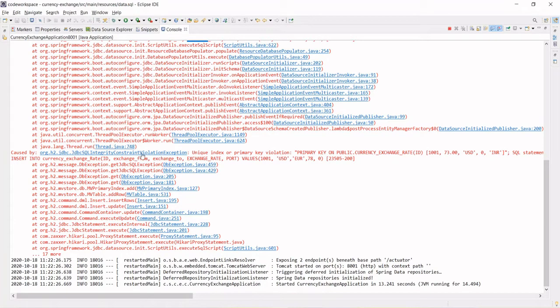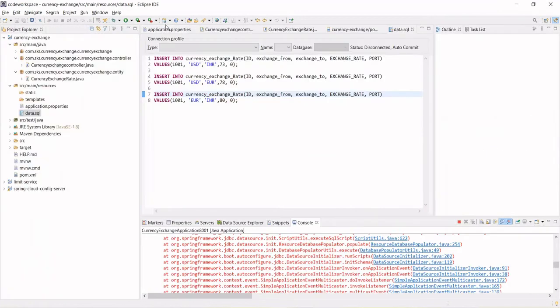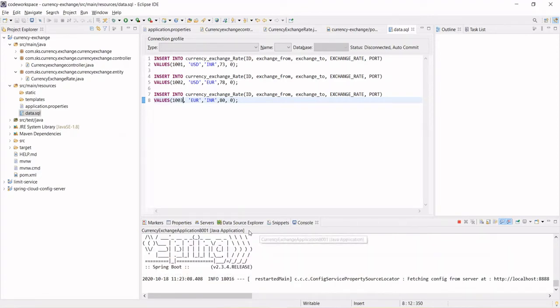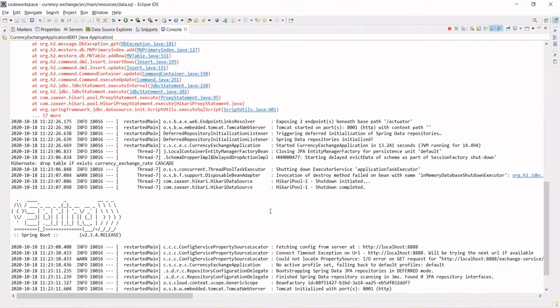Integrity constraint. We have used the ID annotation, so this column should have a unique value. So you can go here, 1001, this should be ID 1002 and this should be ID 1003. I am just showing you with this error how it can be tackled.